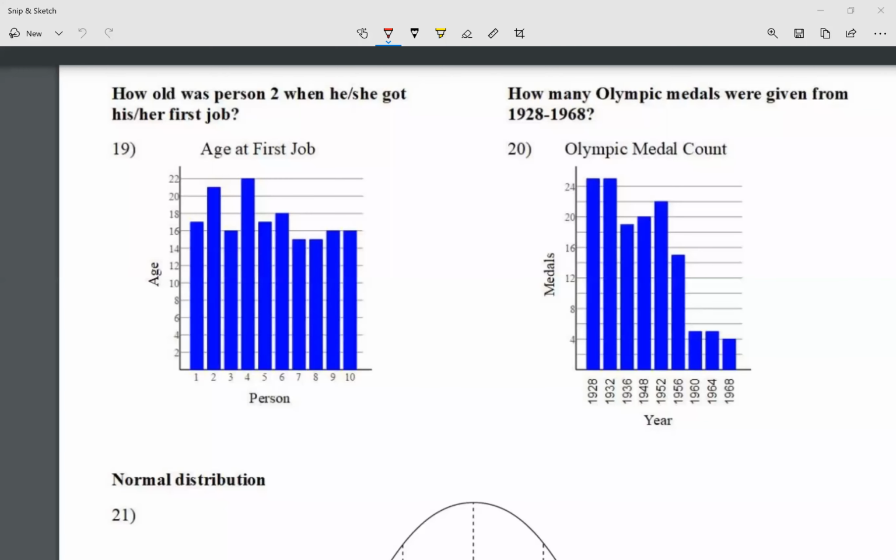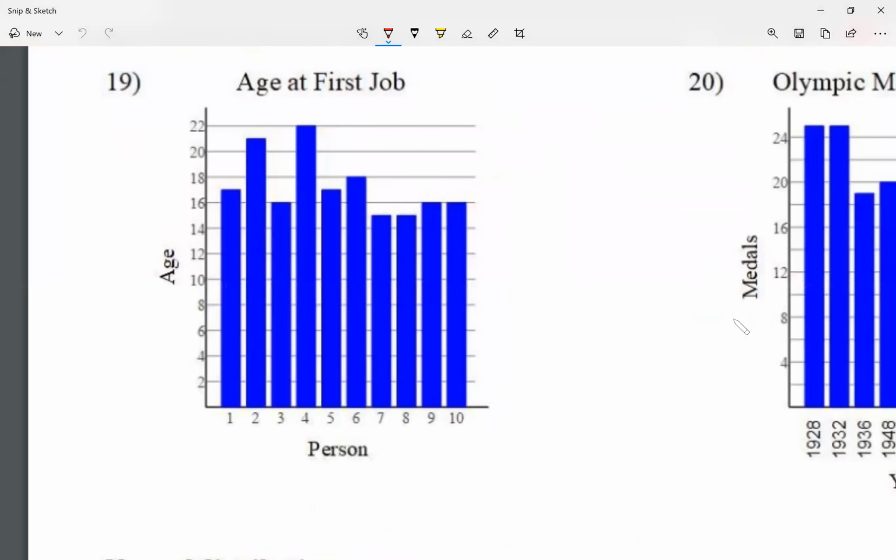We're going to start looking at what we call histograms. Now, histograms look like a bunch of bars that are standing up. There's some information at the bottom and then some information at the side. Looking at number 19, before I read the question, just to talk about information at the bottom, see there's a